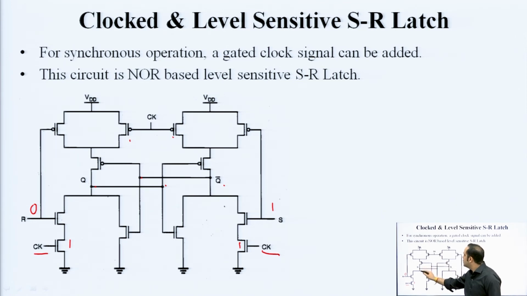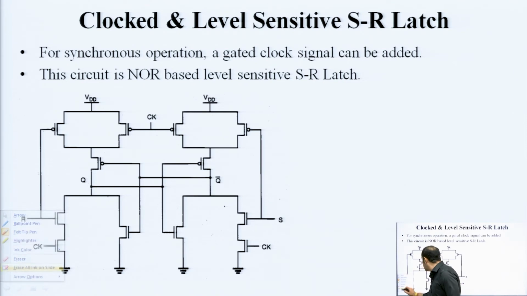So, if Q has to go, and say initially Q was 0 or Q bar was 1, they are complementary. This Q bar will turn this transistor on, and this R equal to 0 will turn this transistor on. So for the Q point there is a path to charge, and this turns to 1. And this is only happening when clock is 1. When clock goes to 0,